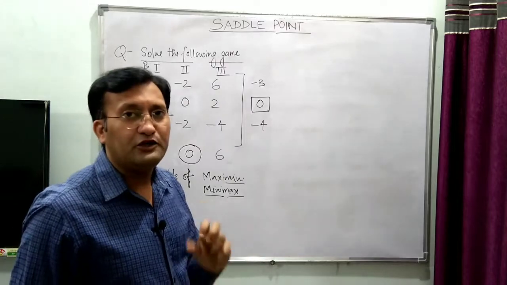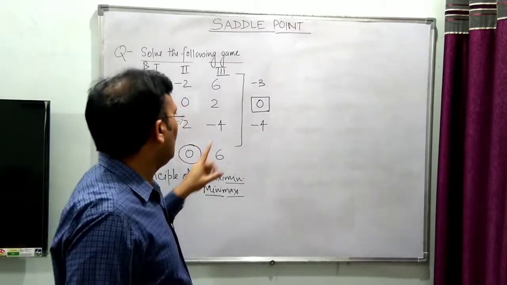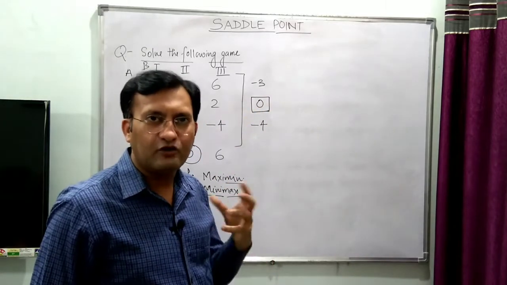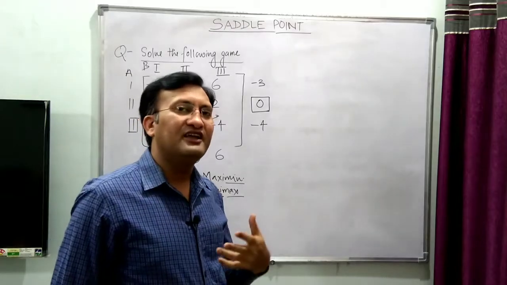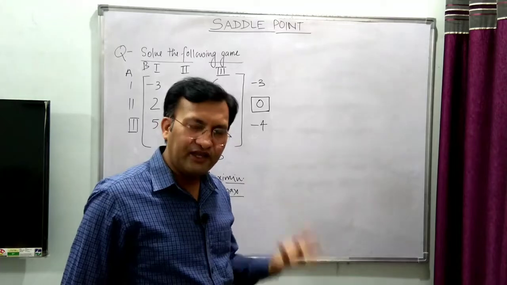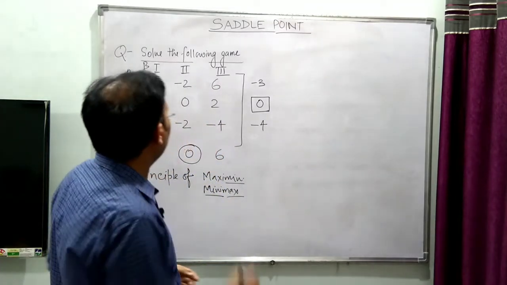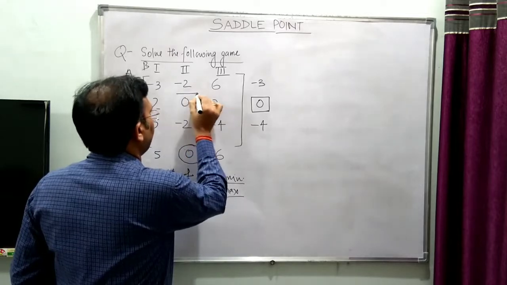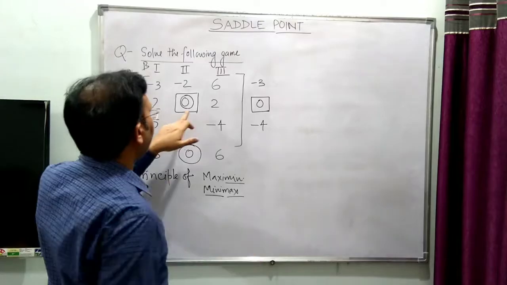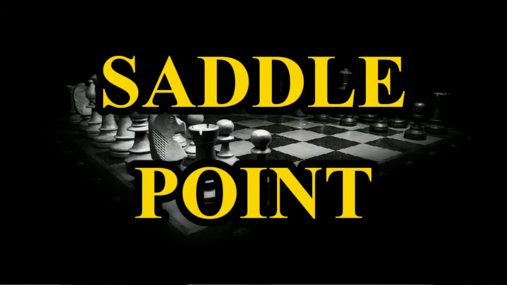Now we are going to see where they coincide. If both these elements coincide, right, they are common, then we can say there exists a saddle point in the game, and that game has the pure strategy, right? So we see that this is common. 0 is common, they coincide over here, right? So this will be called as saddle point,